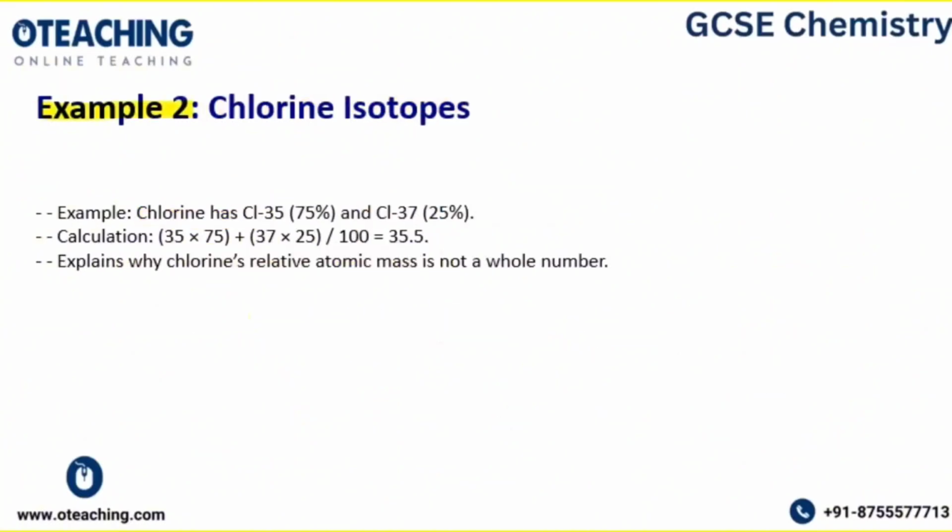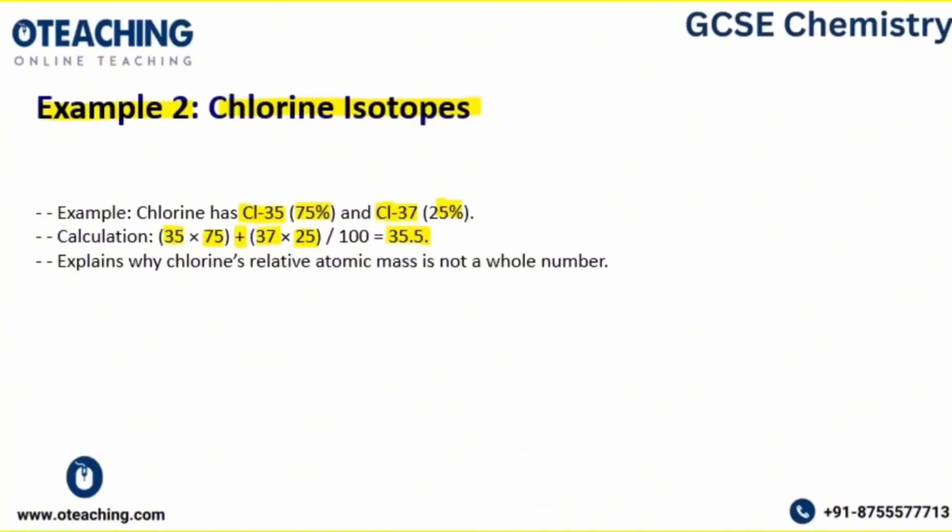Now, example 2, chlorine isotopes. Chlorine has two isotopes, Cl35 and Cl37. Percentages are given to us, so we can directly calculate RAM. Mass of chlorine 35 would be 35 into its percentage, which is 75. Mass of 37 isotope is 37 into its percentage, which is 25. We'll add them, and this would give me 35.5. That's why we take the mass of chlorine as 35.5, because it is the average mass of both these isotopes